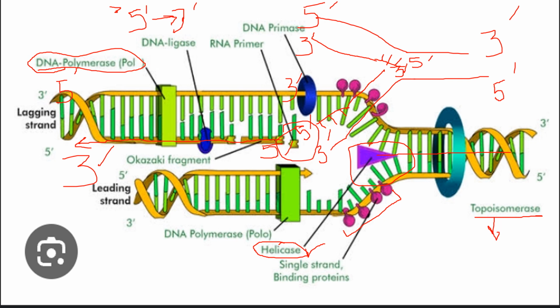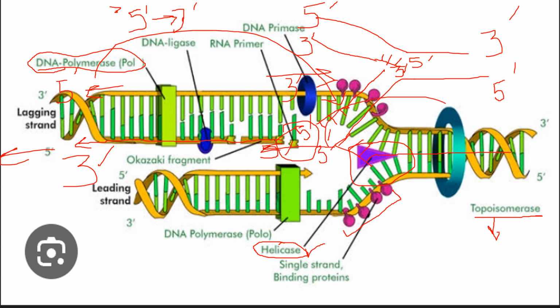It unwinds more DNA behind this, but our DNA polymerase is working in this direction and the unwinding is occurring in the other direction. So when this polymerase looks back, it says, I am working in this direction, but more unwinding occurs behind me. So this DNA polymerase jumps back again. A new primer is added somewhere here, and then again it starts the synthesis of a new segment of DNA in 5 prime to 3 prime direction,